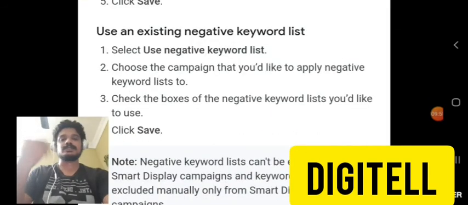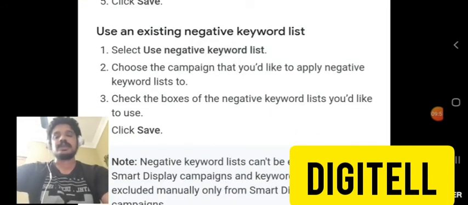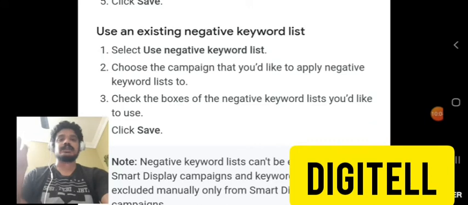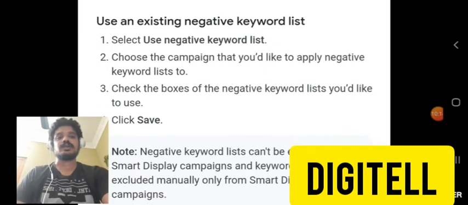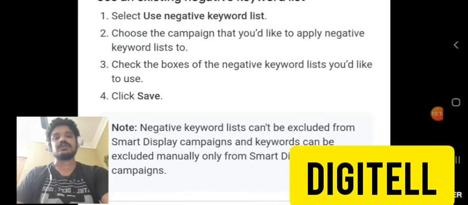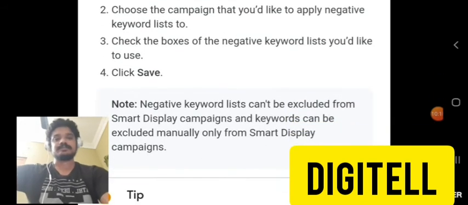Step by step, here is the setup for negative keywords. Select use negative keyword list, then choose the campaign type to apply the negative keyword list to, and then check the boxes of the negative keyword lists you would like to use, then click save.